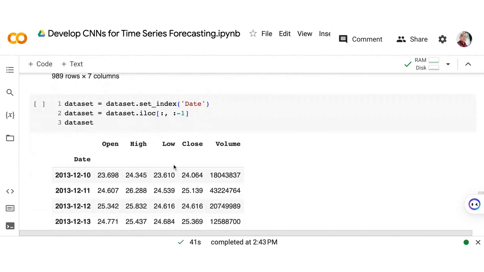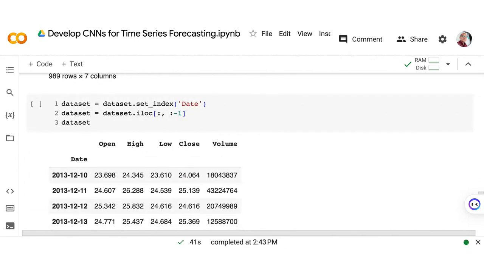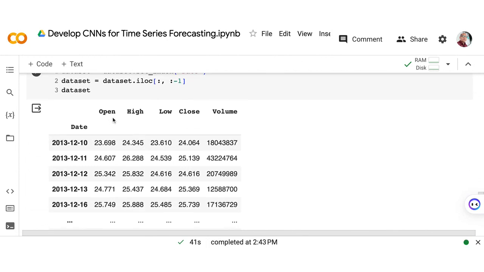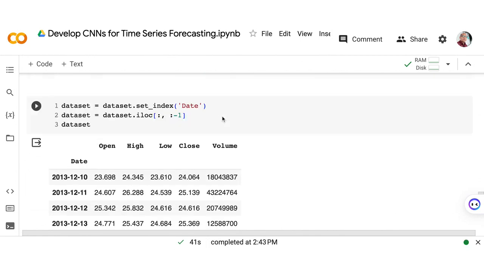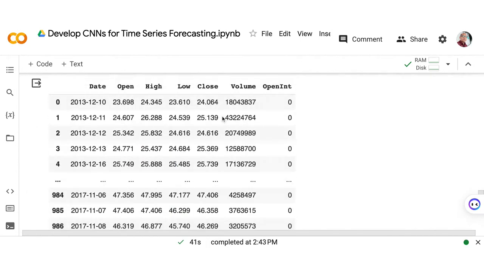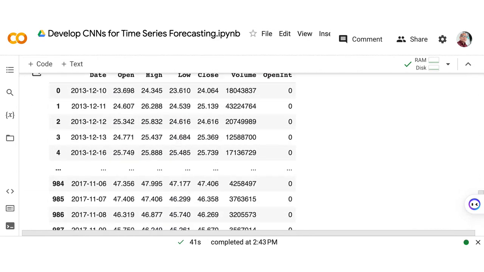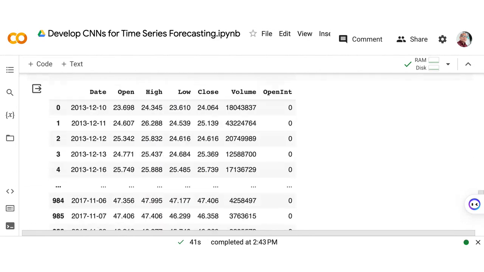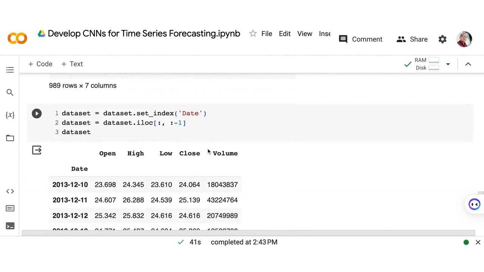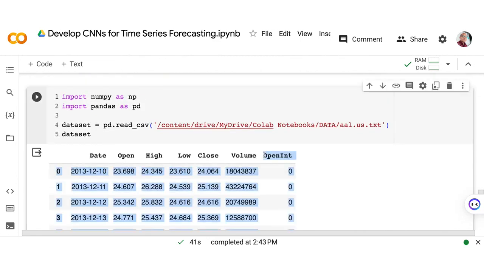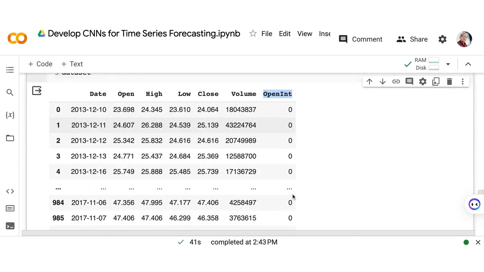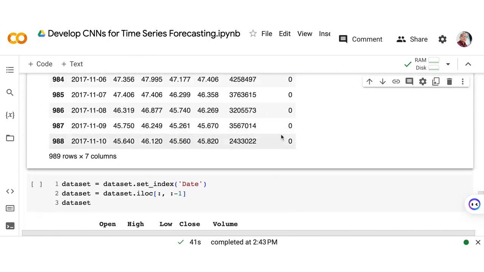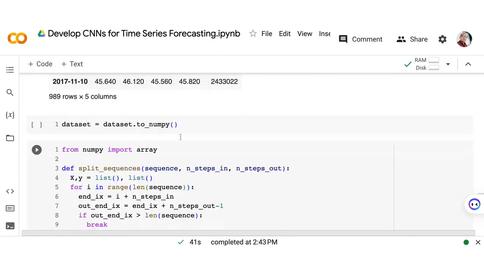We only have to use the open, high, low, close. And then we will be using ano pala, the volume as well. So for the output, open, high, low. Okay. So we have the following data set, as you can see from here. So we did not use the open int here. So we try to delete. This is just the data preparation that we did here.